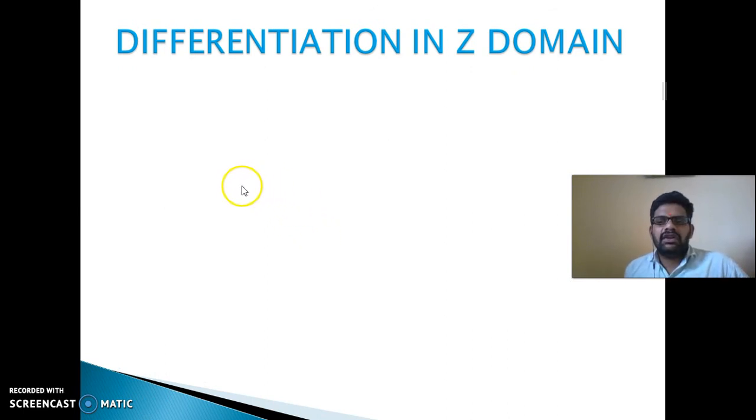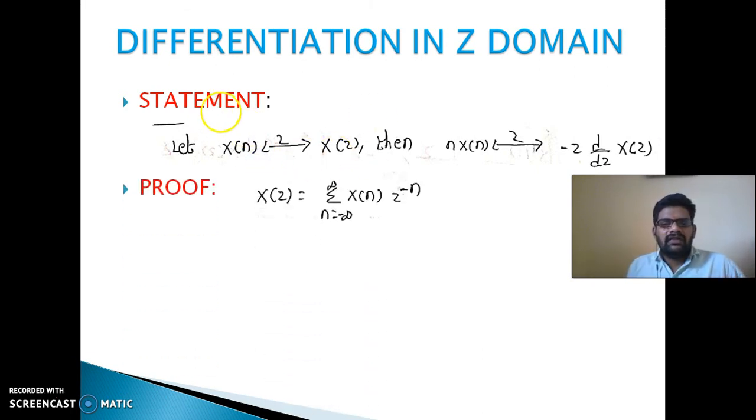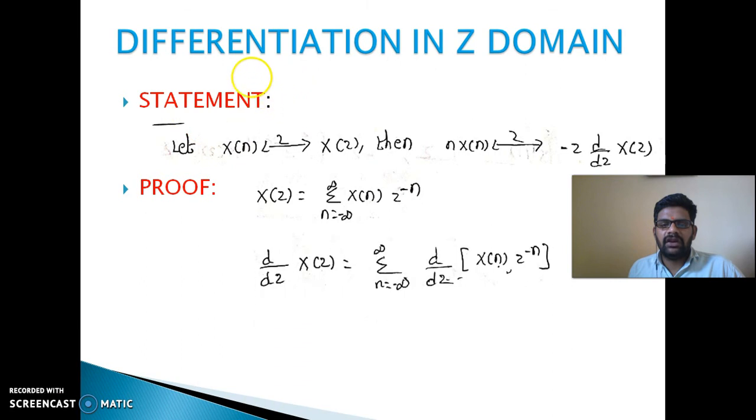Next one, the differentiation in Z domain. If x of n is a Z transform pair with X of Z, then n into x of n is a Z transform pair with minus d by dz of X of Z. Proof. X of Z is equal to sigma n equal to minus infinity to plus infinity x of n Z power minus n. Differentiating on both sides with respect to Z,